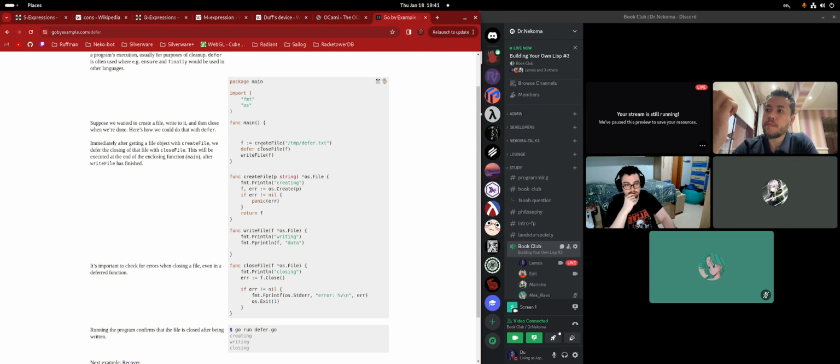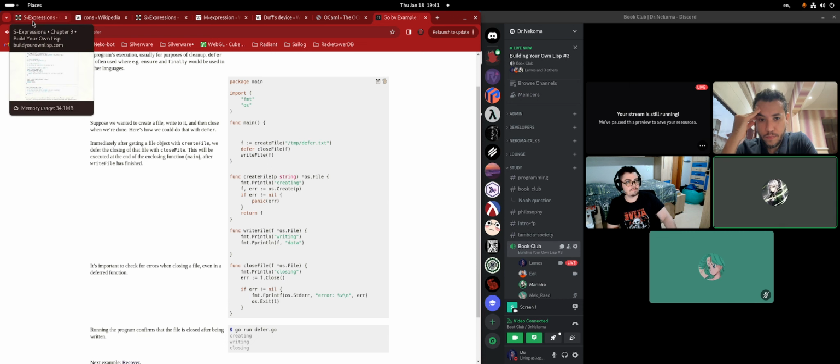Really? I essentially didn't know that. They're essentially building a scope where, okay, close file will run at the end of the current scope. If I do a defer after I do defer close file, that will actually run before the close file.